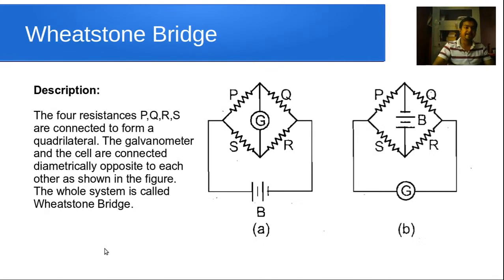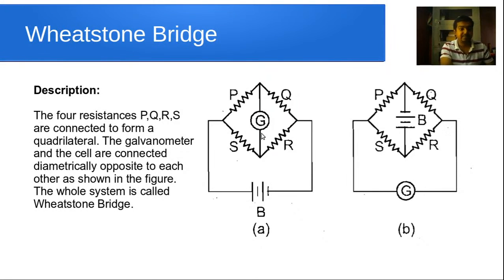Okay. So first of all, this is the description of a Wheatstone Bridge. So what is Wheatstone Bridge? Wheatstone Bridge is basically a device that can measure some unknown resistance. The unknown resistance may be R here, and the Wheatstone Bridge is made of 4 arms of resistance P, Q, R, S connected to each other to form a diagram that looks like a